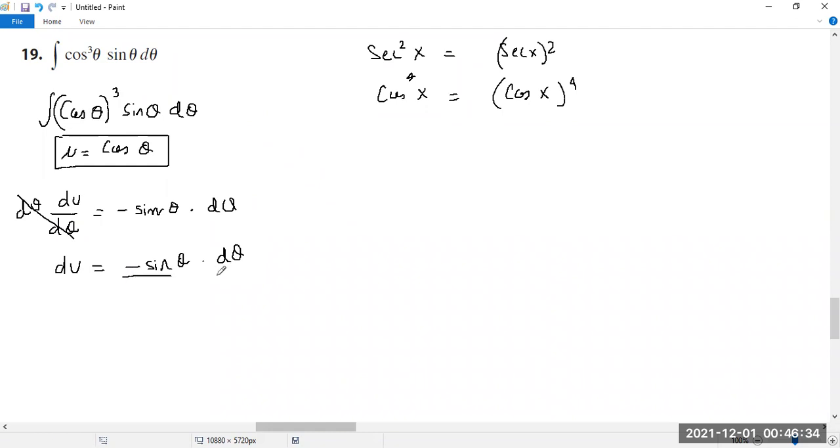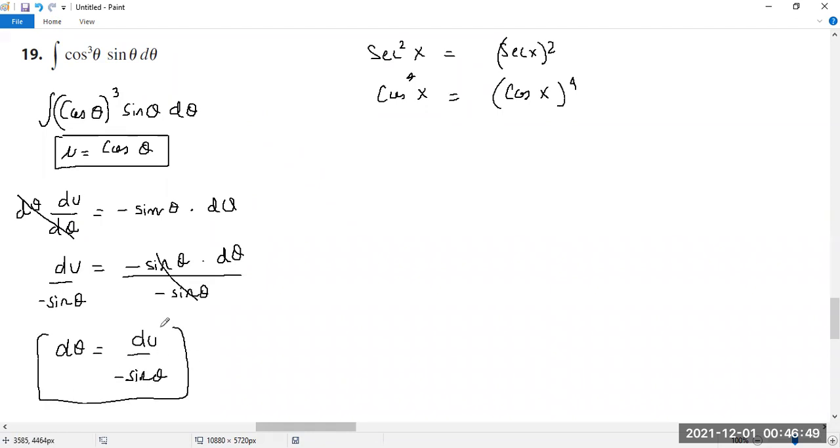And then if we were to isolate d theta, we would have d theta equals du over negative sine theta. So these are our two pieces here. So we had the integral of cosine raised to the third power of theta, sine theta d theta, and then we turned this into